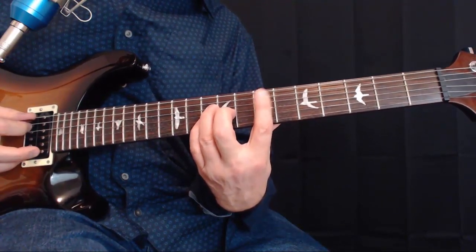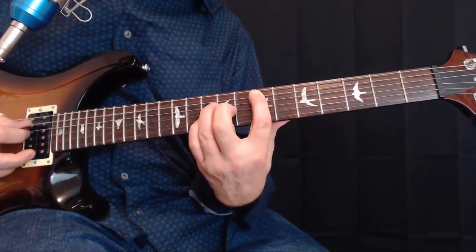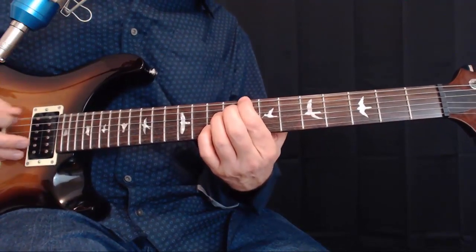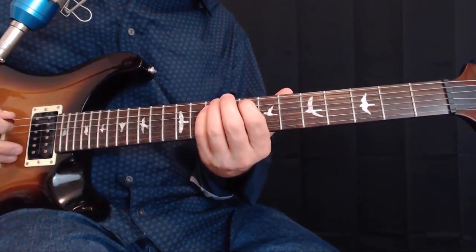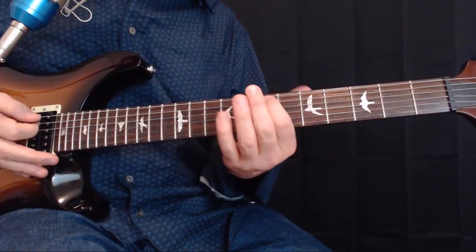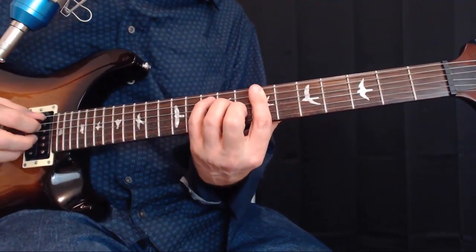To play this lower voicing on the 7th fret on the 5th string, that sounds good. I didn't end up doing that. I ended up playing this. I ended up playing that, so I have a bottom voicing like this, which I think is okay. But again, I could have just left it there and it'd be perfectly fine. So why don't we just leave it there and see how that sounds. So now we've got...